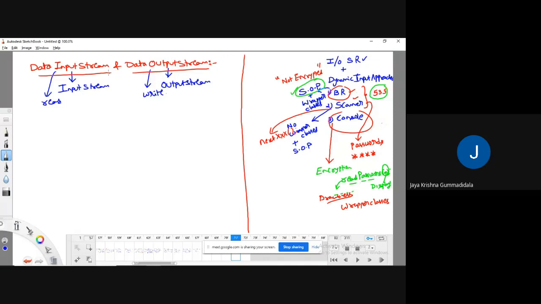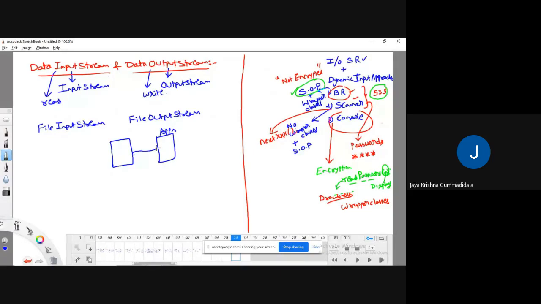But before discussing these classes, data input stream class and data output stream class, let us explain why we are moving to these two classes. Before that, you have to know a clear idea about the file input stream class. All are dependent. If you understood one by one, then only you will be able to understand. I have explained clearly file input stream class as well as file output stream class. When we use file input stream and file output stream, if there is a file and there is a Java application,